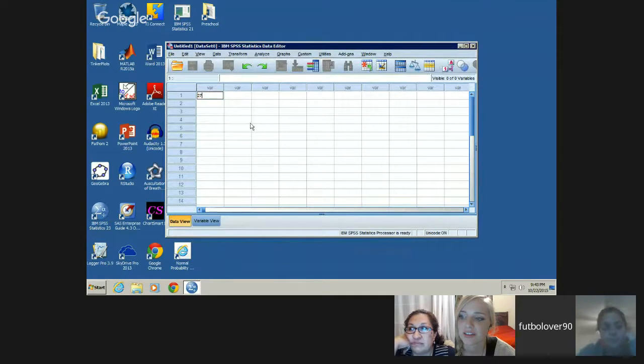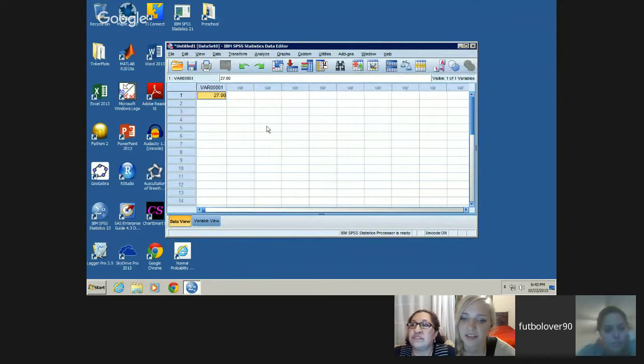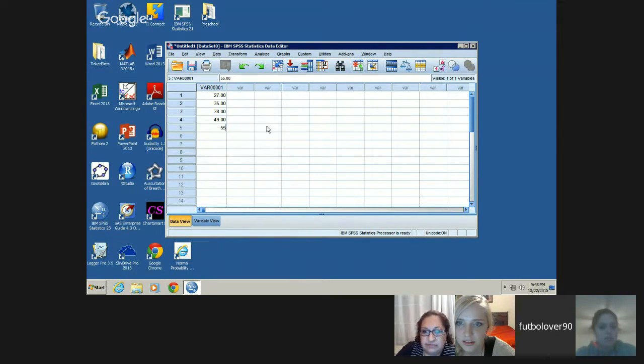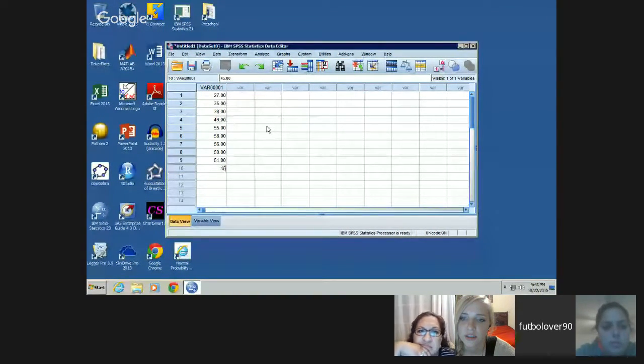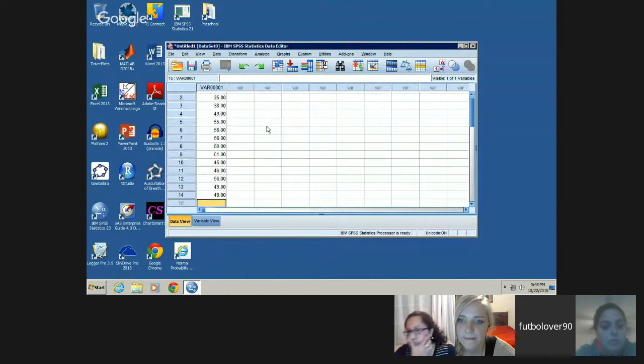You guys can still see my screen, right? Okay, cool. Let me punch these in super fast, because I tried copying and pasting and it didn't work. So you just opened up a new one. 145, 46, 56, 49, 48, 38.